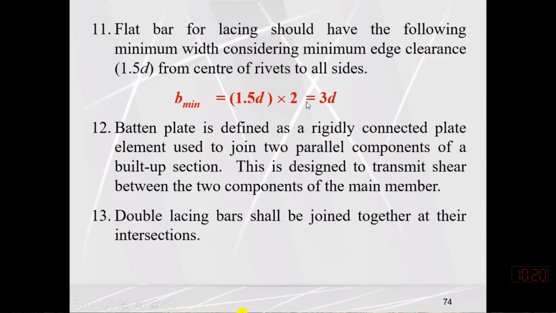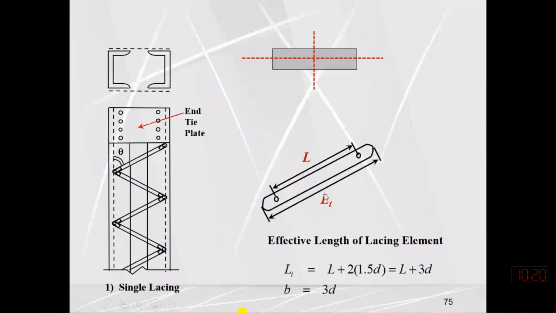Okay, in the same way, we have to maintain the minimum edge distance and maximum edge distance. So how I will explain? Actually we have already discussed that minimum edge distance is 1.5D from the center of the hole to the edge or any edge. This distance should be at least 1.5 times the diameter of the fastener. So L is the effective length, or the length between the centroid of fastener or inner fastener. So actually we are designing the lacing with reference to this L, which is the effective length of lacing.